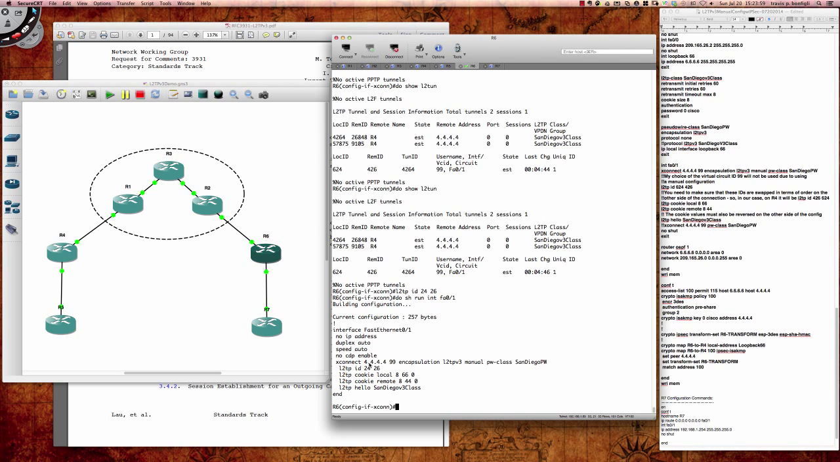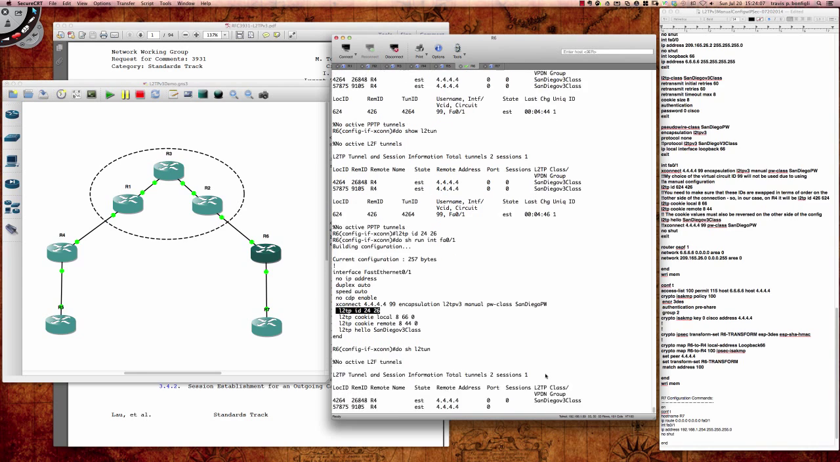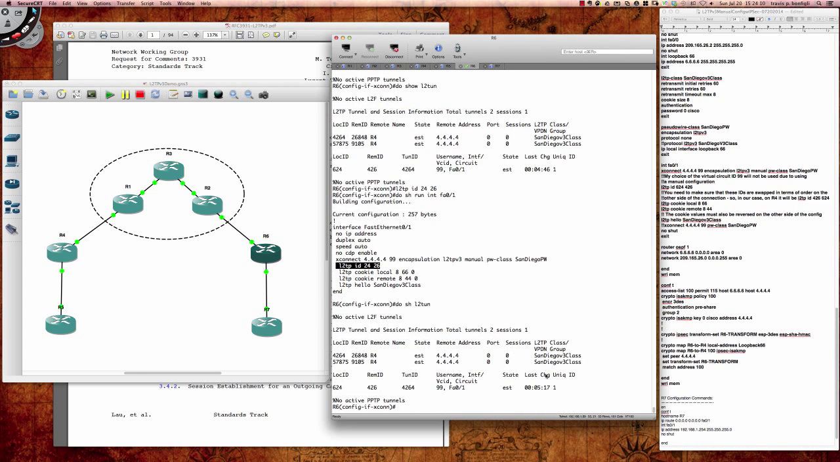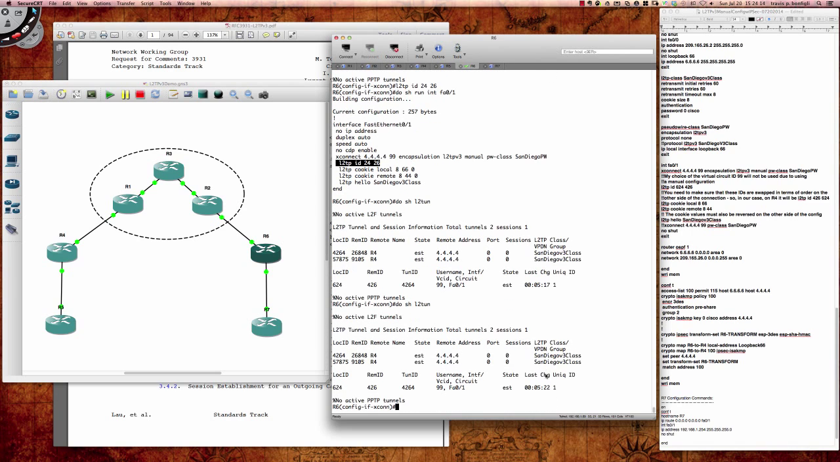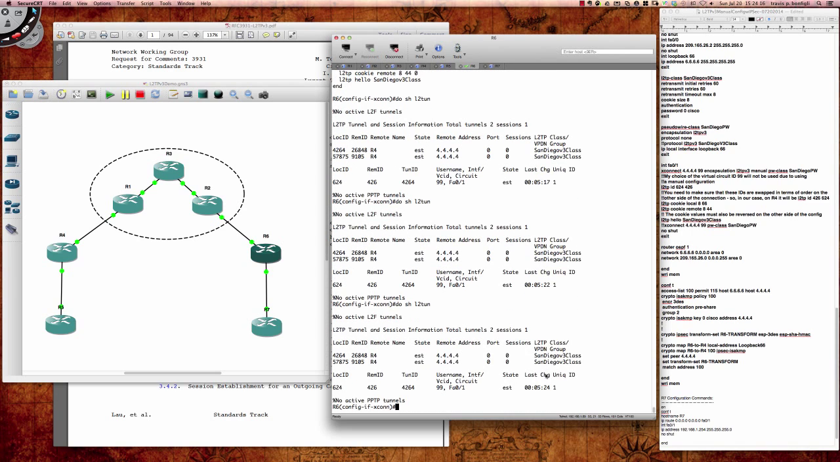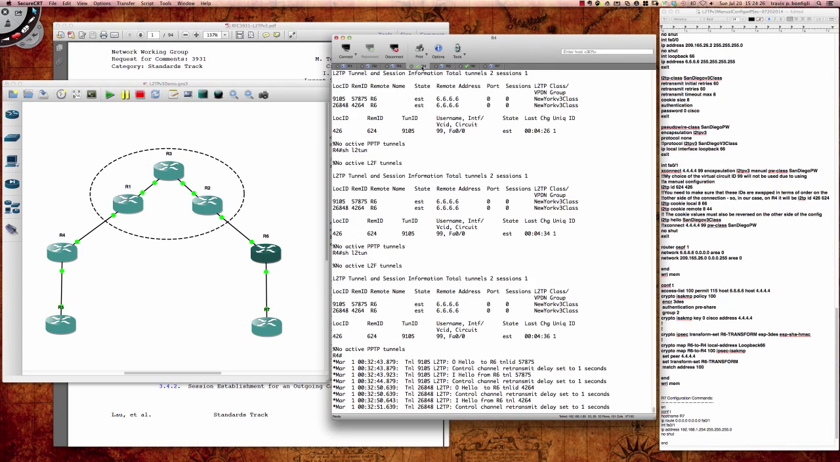So now if I do a do show run int fa0/1, you can see that the configuration is now complete. We're not receiving the message saying that it's an incomplete config because the IDs are here. If I do a do show L2 tunnel, right, you can see that the old IDs are still in there. So the tunnel has not come down yet, even though we've switched the IDs in the middle. So we'll give it a couple seconds here to see if in fact